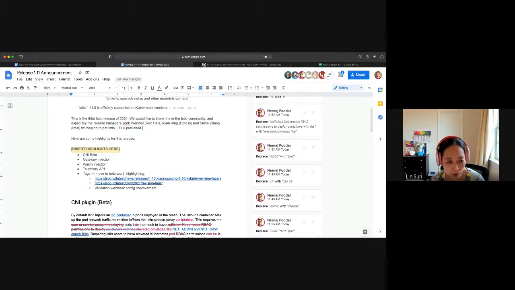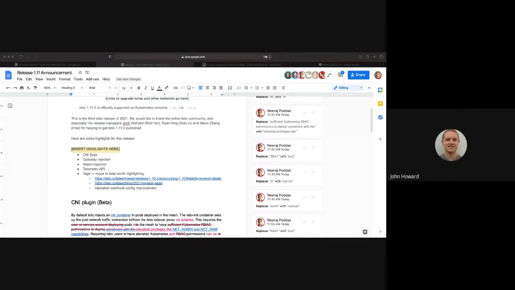Okay, so back to the 1.11 announcement. I just have one thing I want to bring up. It's on the annotation and labels. I don't think we formally retired the annotation, even though the label is so much better. I don't know if we want to mention anything in the 1.11 announcement. John, go ahead. I assume you mean the injection label.